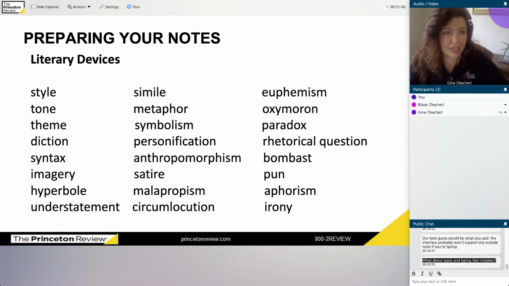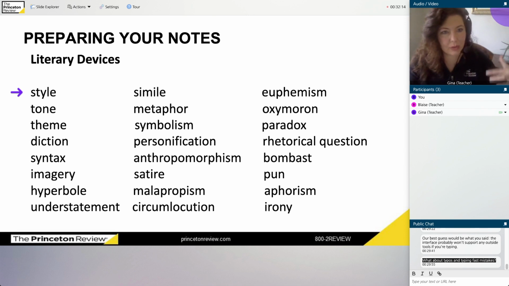You need to know literary terms, also known as literary devices. Now, these are the kinds of things that show up in all sorts of texts, right? We can see these things in fiction, we can see them in nonfiction. The rhetorical analysis essay prompt will be nonfiction, okay? It's not likely to be an excerpt from a novel or a short story. However, any of these things could show up in nonfiction writing.